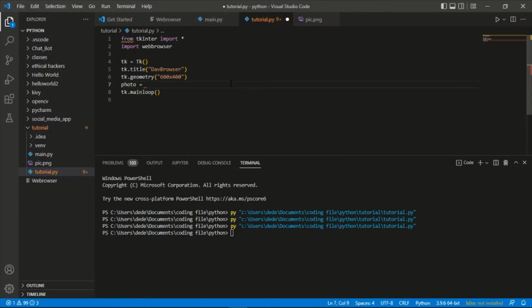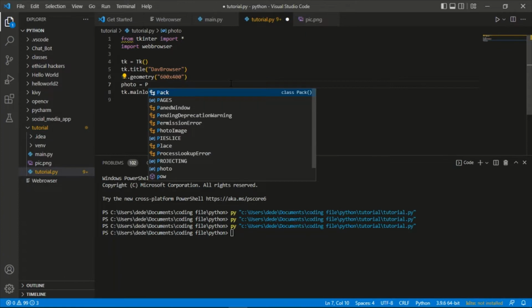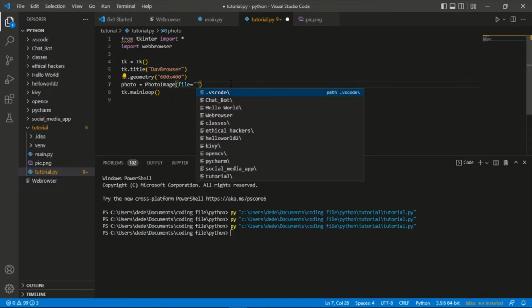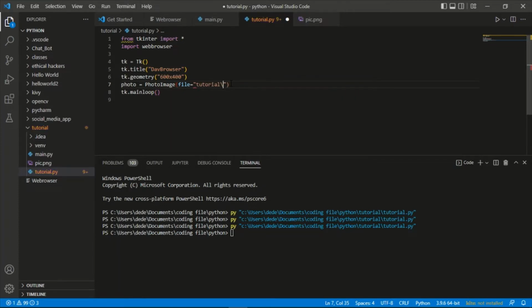So photo is equals to, Tkinter has a class called PhotoImage. So this allows you to import the image into your app and display it on your window. So file is equals to, sorry, I need to write serial